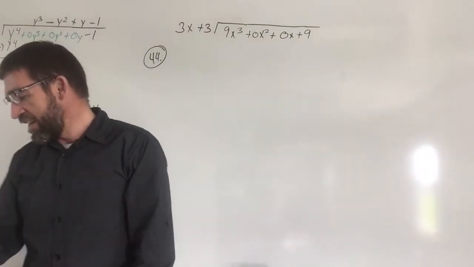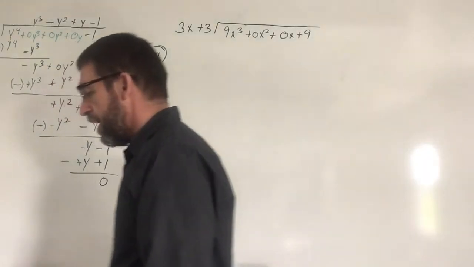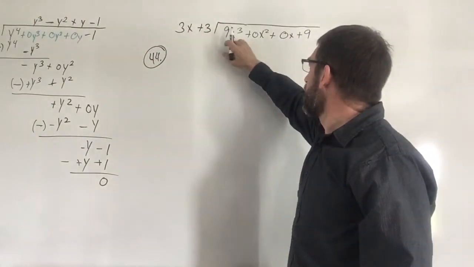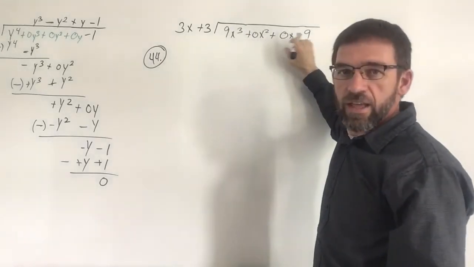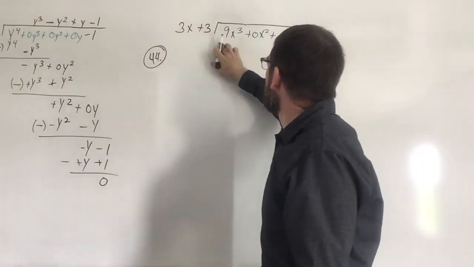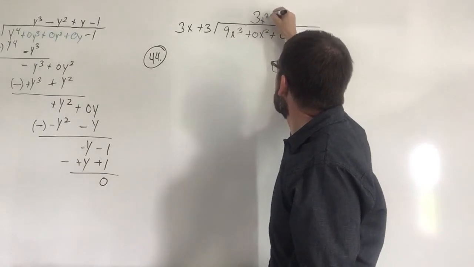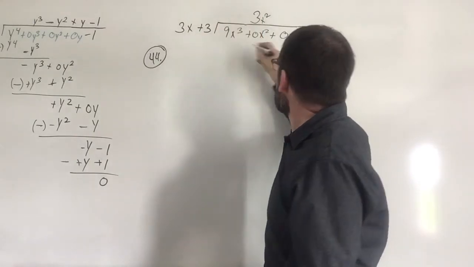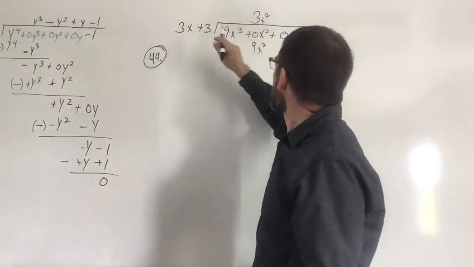And you have 9x cubed plus 9 divided by 3x plus 3. So 3x plus 3, 9x cubed, so that's 3. So put a 0x squared, a 0x, and a 9. Ready to go. How many times will 3 go into 9? 3 times. You always put your x squared. You're a positive, that makes this a positive. 3 times 3 is 9x squared. 3 times 3 is